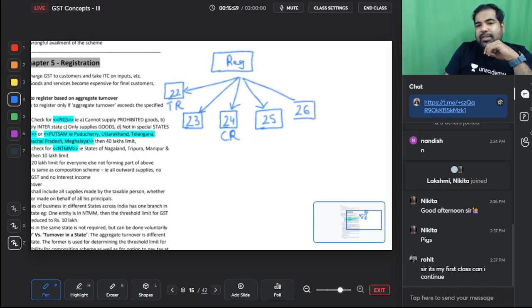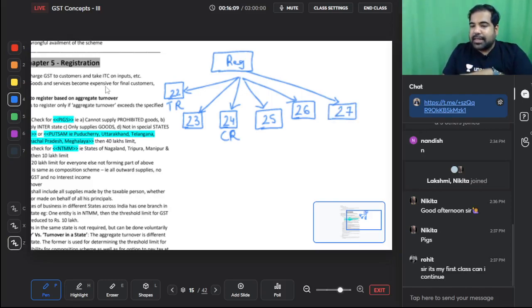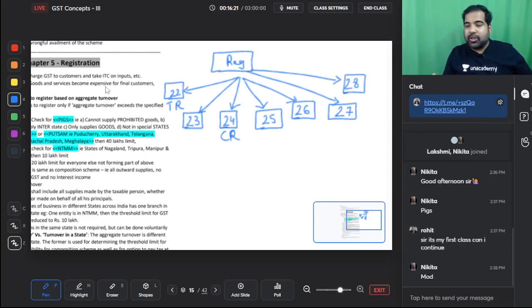Section 26 says that in GST, all the GSTs are together: C, S, I, all of them. In section 27, this is only for a casual taxable person and non-resident taxable person. We'll see a Delhi exhibition and how they are supposed to register. The 28th section talks about modification to the registration. Guys, it's only human to make changes. So if you have any change in your address, etc., how do you make that change?